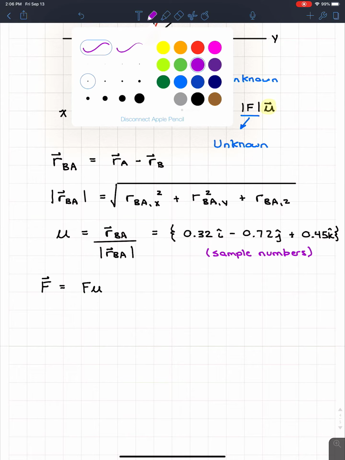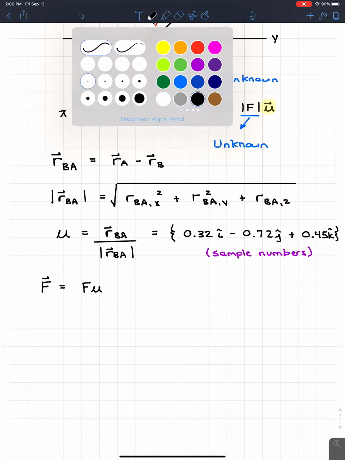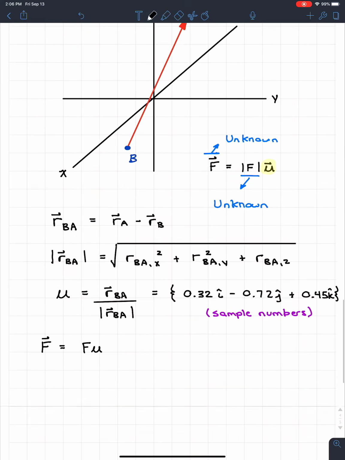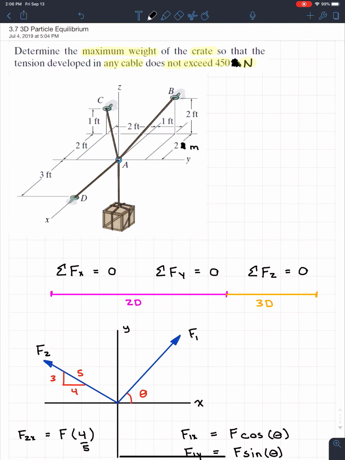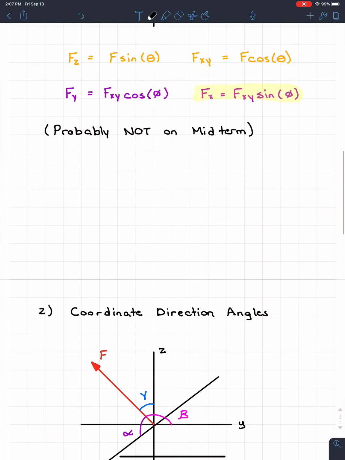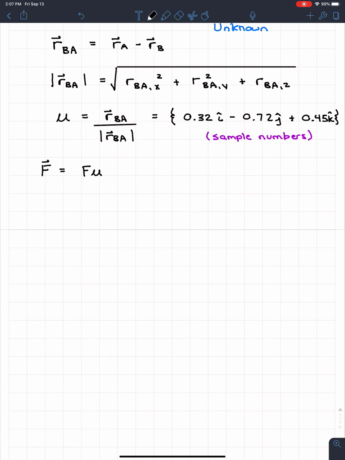So if we have our force vector, and again, that's our unknown, that's F. We just know that it's F. In the case up here, if we were to look at FAB right here, well, our magnitude is just going to be FAB. We don't have a number for it. We're trying to solve for it. So our magnitude we would just leave as FAB. But we go down here, and what we can do is take that F and multiply it into the unit vector. Actually, I'm going to do it a line below just so I have more room to show you guys. So this will be equal to, brackets,